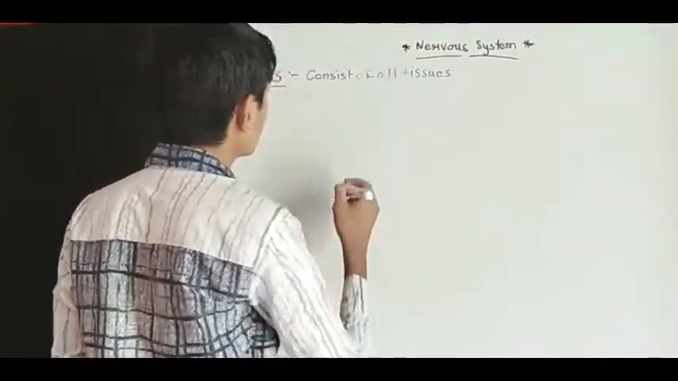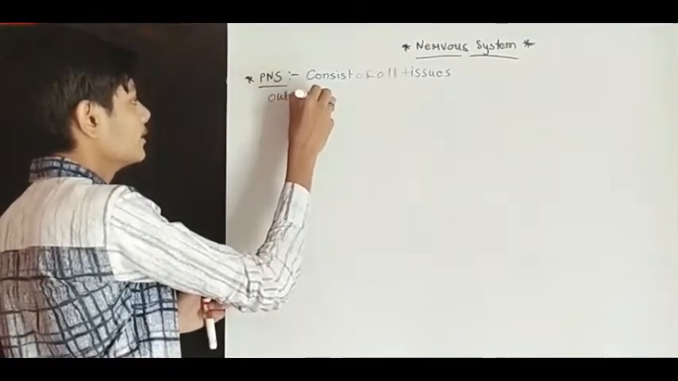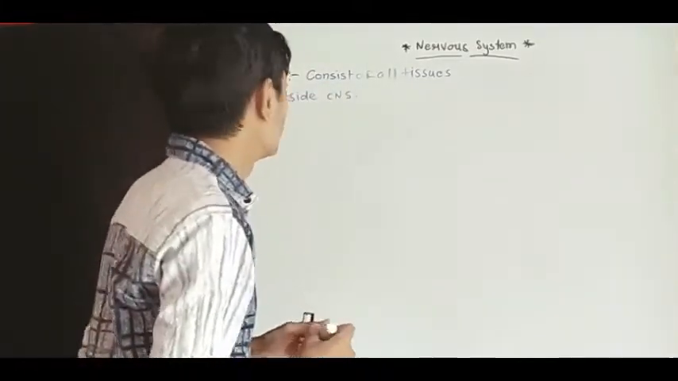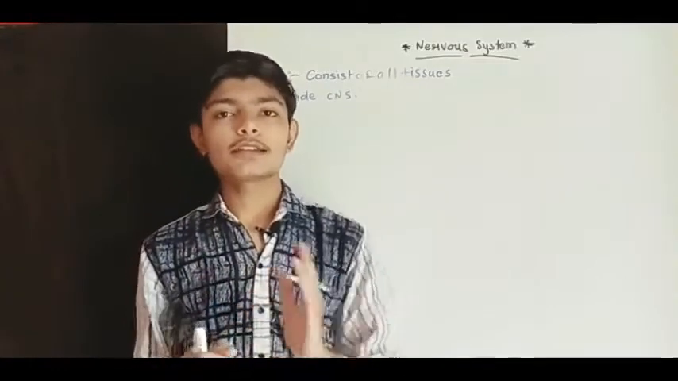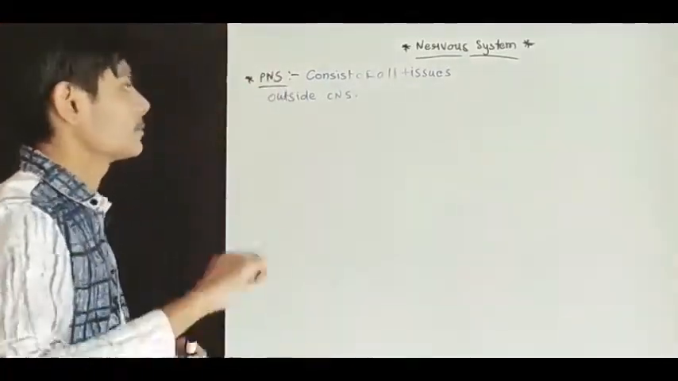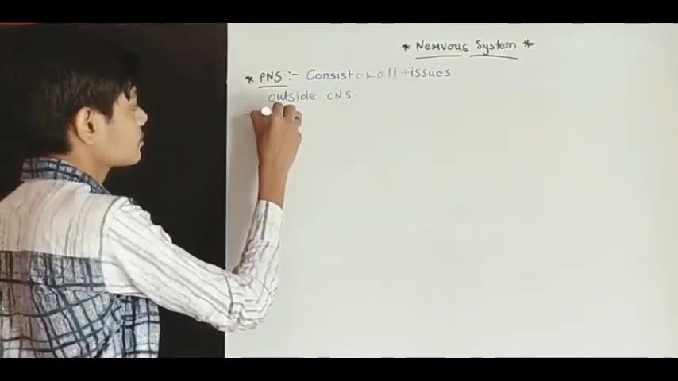All tissues outside the CNS. The peripheral nervous system consists of all the tissues outside the CNS, and we will see its parts ahead. It is basically made up of nerves,